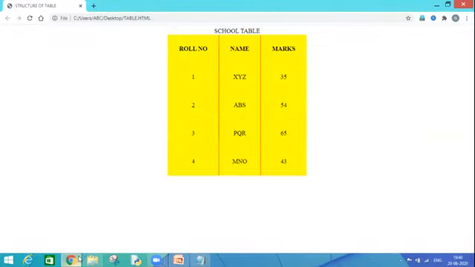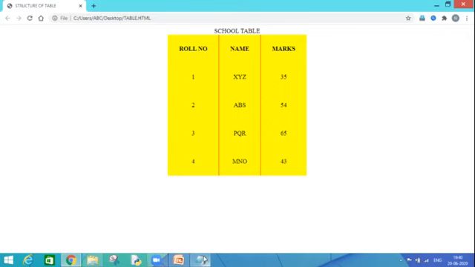Now vertically between the columns, because roll number is one column, name is one column, and marks is another column. So between my columns only, the border is appearing. So I hope this formatting feature is clear to all of you, right?